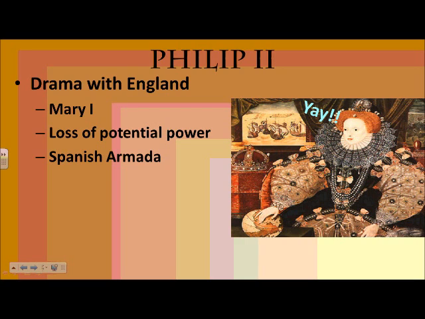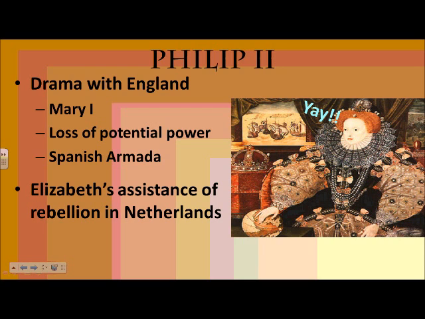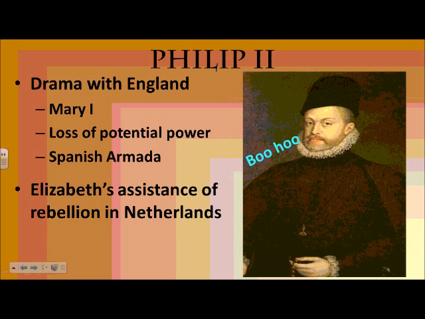Another reason, in addition to the loss of power from Mary's death, another reason Philip sends the Spanish Armada is he is upset that Elizabeth was helping the Dutch. The Dutch people live in the Netherlands. And the Netherlands had been part of the Spanish Empire. The territory of the Netherlands essentially belongs to Spain. The people who live in the Netherlands, however, are Protestant. So Elizabeth, Protestant, is helping the Dutch, Protestant, against the Catholic Spanish. This is what upsets Philip even more, and just doubly a reason why he sends the Spanish Armada to try and defeat Elizabeth.